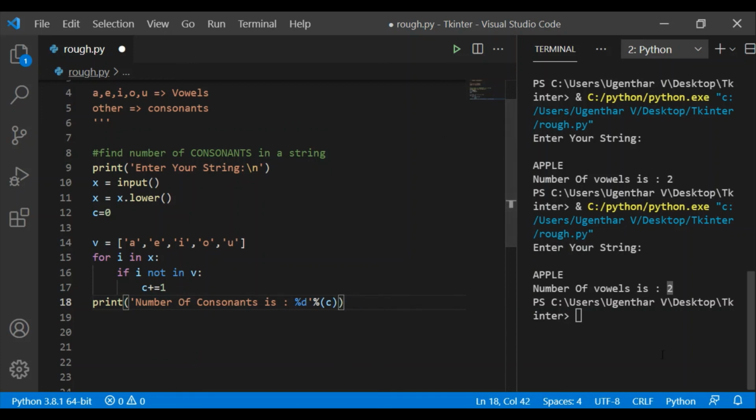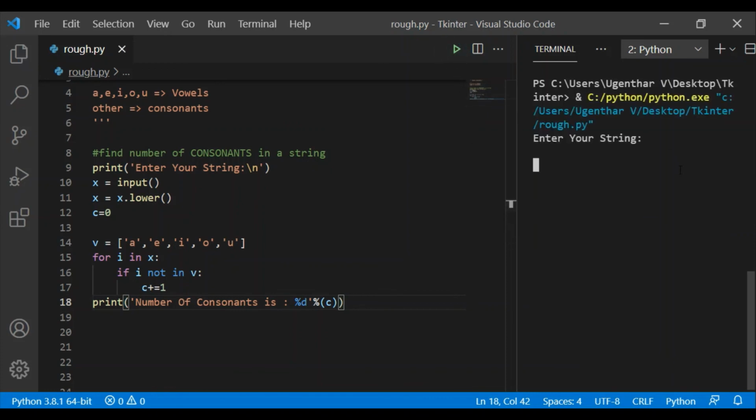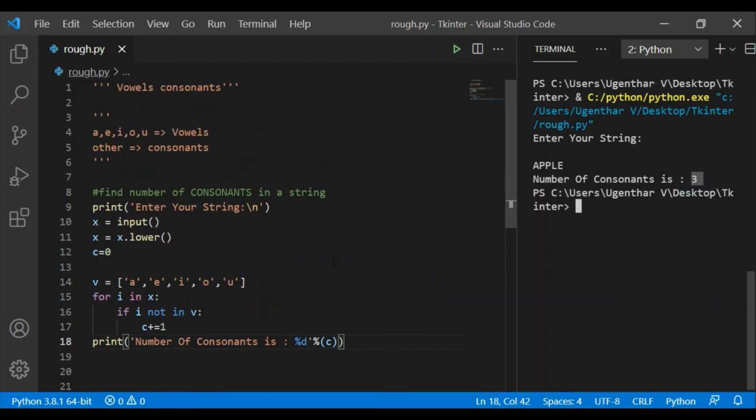Now let me clear the screen and run it again. Let me give apple again. Here the number of consonants is 3. That means p is a consonant, p is a consonant, and l is a consonant. There are two p's, so the count is 2, and l makes the count 3. This is how we can find the number of vowels and the number of consonants in a string.